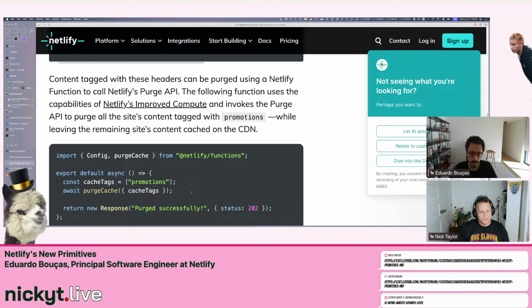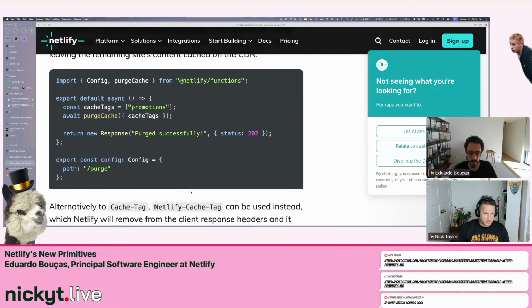I was curious, and we'll look at the purge cache function here. Is there any kind of limitation? I'm guessing there isn't really, but say I'm a big e-commerce site on Netlify, and they get a huge amount of products, let's say a million. Is it still reasonable? I'm assuming the cache tags in the cache will scale to tens of thousands to hundreds of thousands of tags. I would guess yes, but